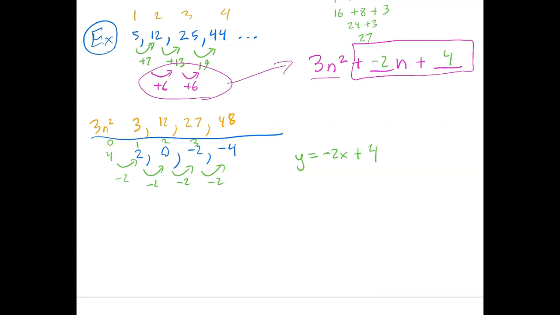So last thing I'll do is just double check. You should always do it. Let's do it with the 3. Okay, so 3 times 3 squared plus negative 2 times 3 plus 4. So that's 27 minus 6 plus 4. So that's 21 plus 4. That's 25. Exactly what we were hoping for. So our end result was 3n squared minus